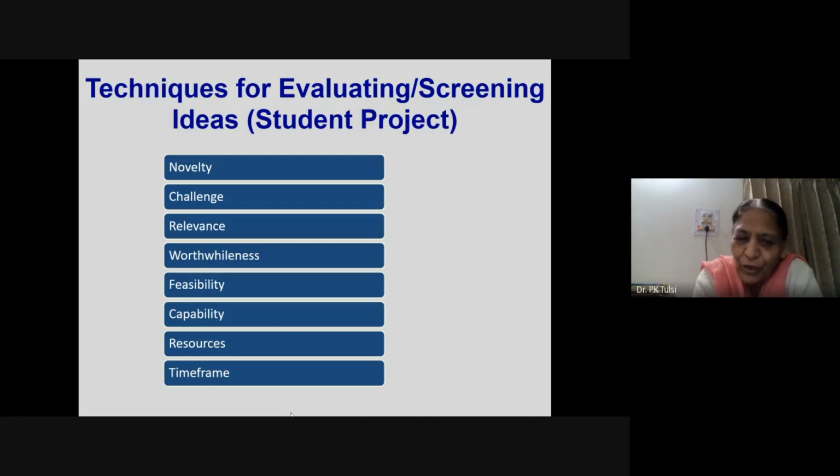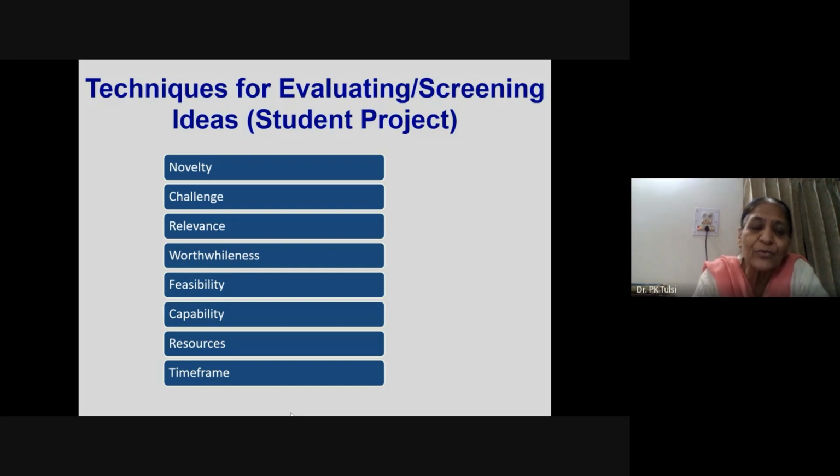Now, if we are talking in terms of that as a teacher, we are looking at the student project, then maybe we are not going into all these details and not going in for evaluating ideas more rigorously, but we are more concerned with its novelty, that whether it's an original idea, some unique idea which has come up, whether it will throw some challenge to the learner and student need to put in effort to achieve the objectives,